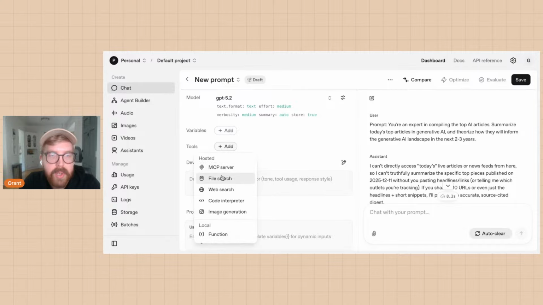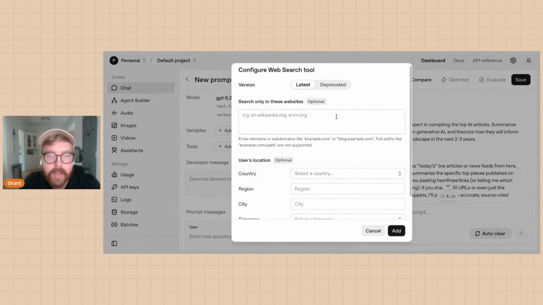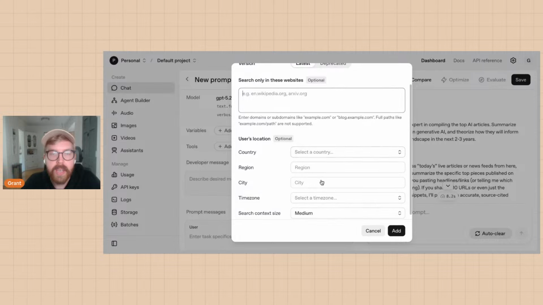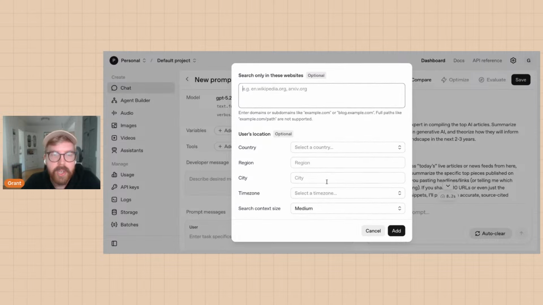It needs web search. By the way, this is nice. If you're configuring web search tools, you can actually go in here and give it only specific websites to use. You can give it the country, region, city, etc. So that's very nice. So you can simulate what it would be like to search given these constraints here.